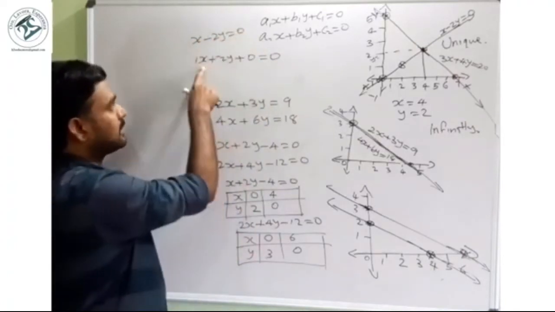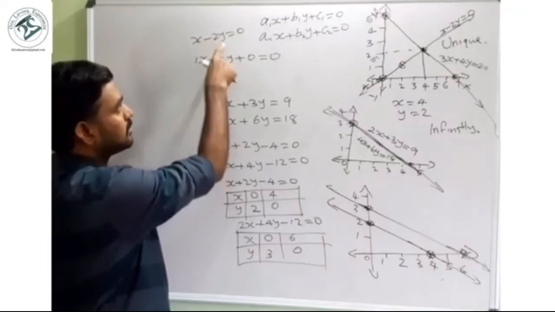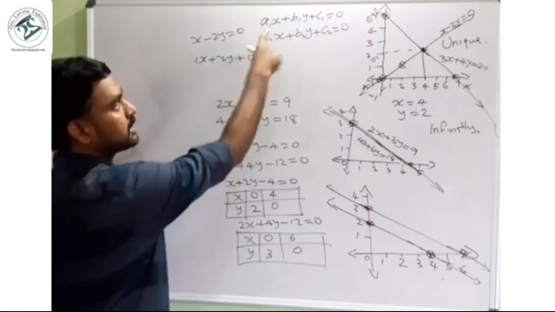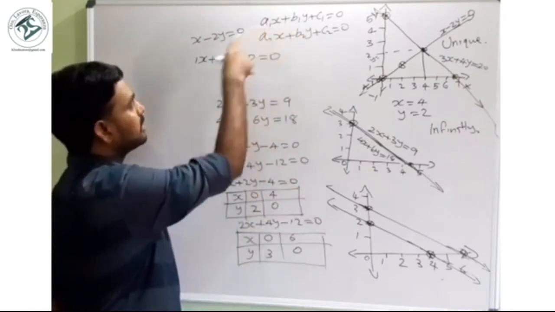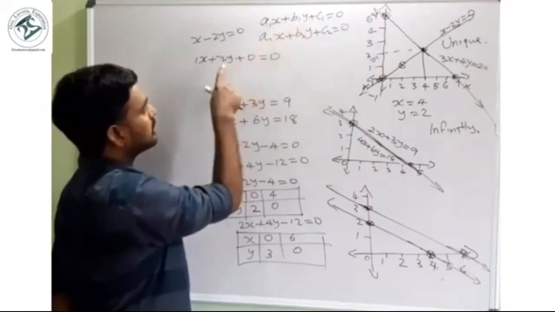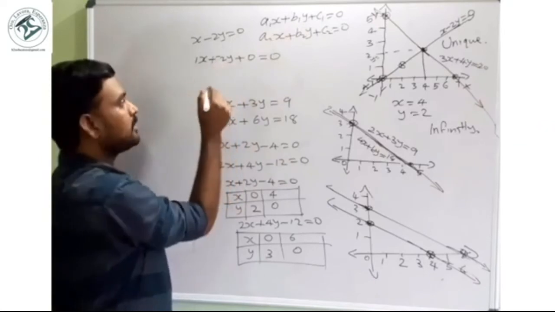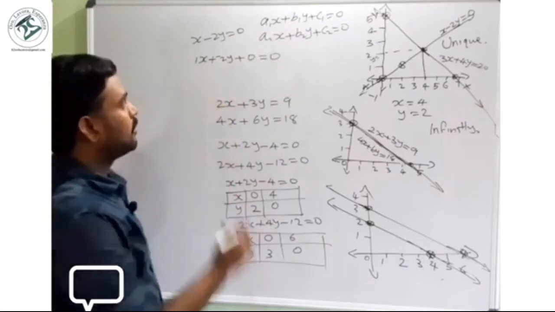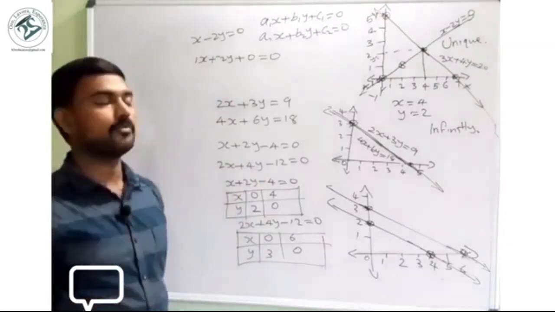x minus 2y is equal to 0. The same x I wrote here, but how many times? 1 time. This minus I changed as plus, but this minus symbol I gave to this 2, just to get this form. Then we can easily identify what is a1, what is b1. What is a1 here? 1. What is b1? The number that stands nearest to y, it is minus 2. So this is b1. So we can find a1, b1, c1 very easily if we represent in standard form.